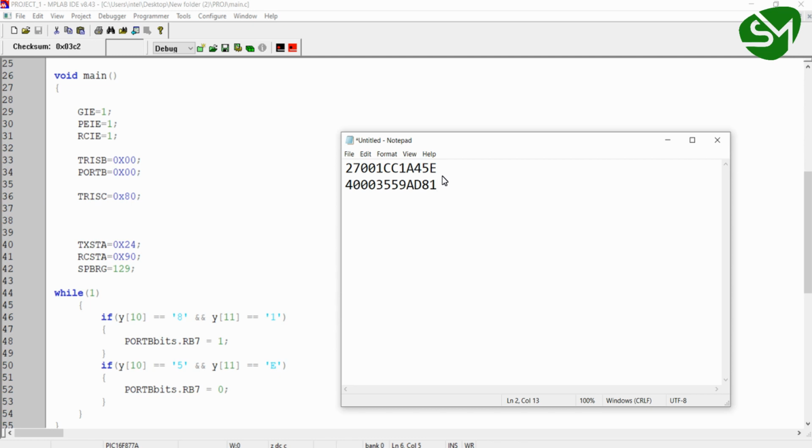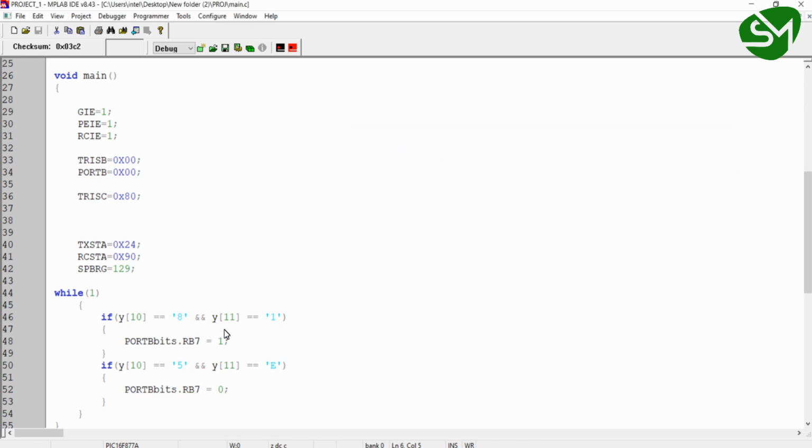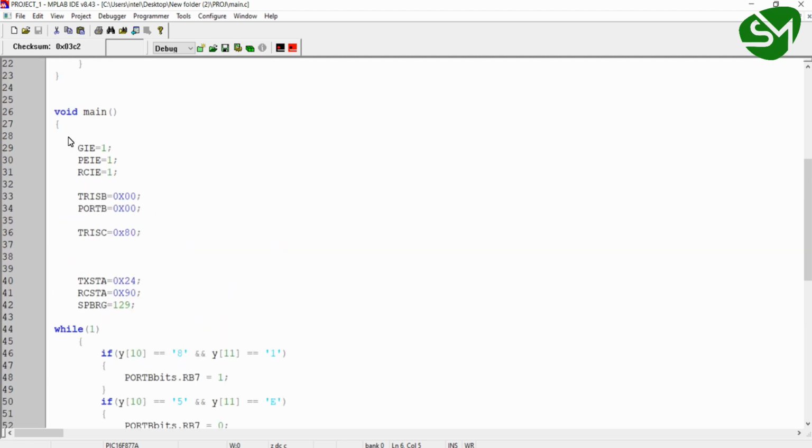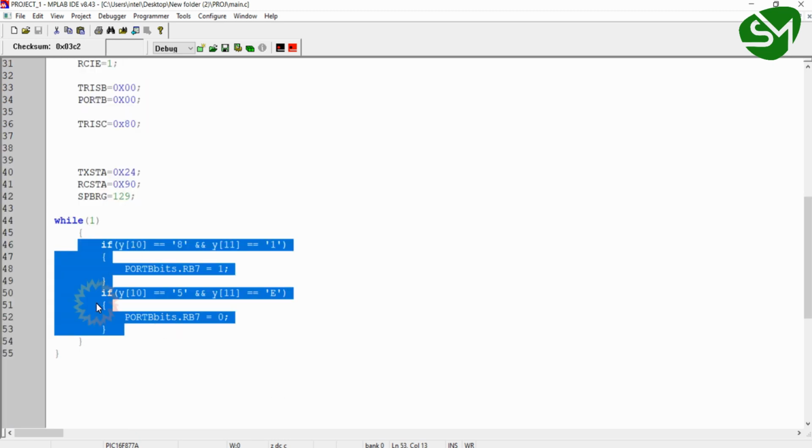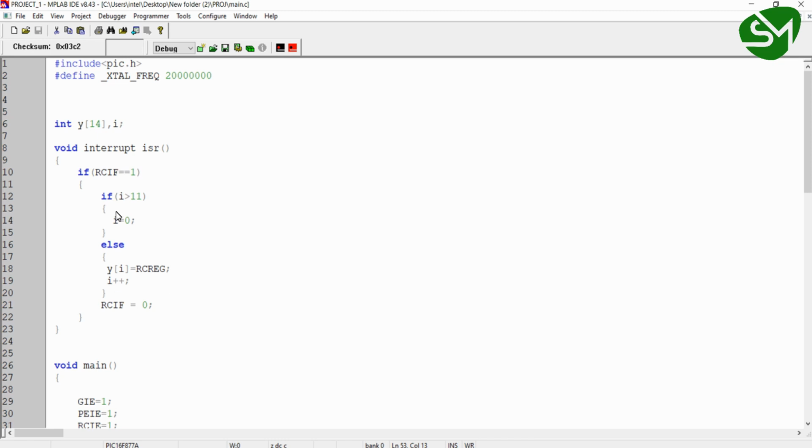Let's understand the programming sequence for storing this 12 character data. Since I have configured the receive interrupt in the UART communication, when the program starts, the processor executes all the lines over here, enters the while(1) and waits here, continuing to execute the lines there. Whenever I place the RFID tag on the EM18 module, the UART module of the microcontroller will interrupt the processor, and the processor pauses what it is doing and comes to this interrupt function.